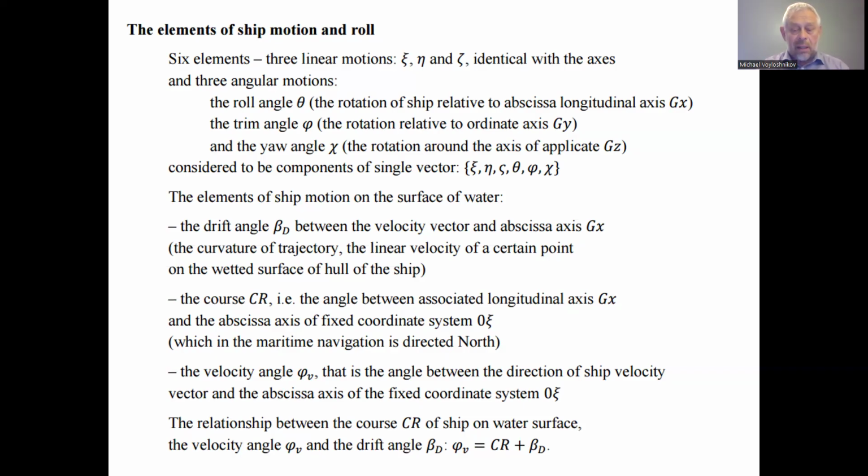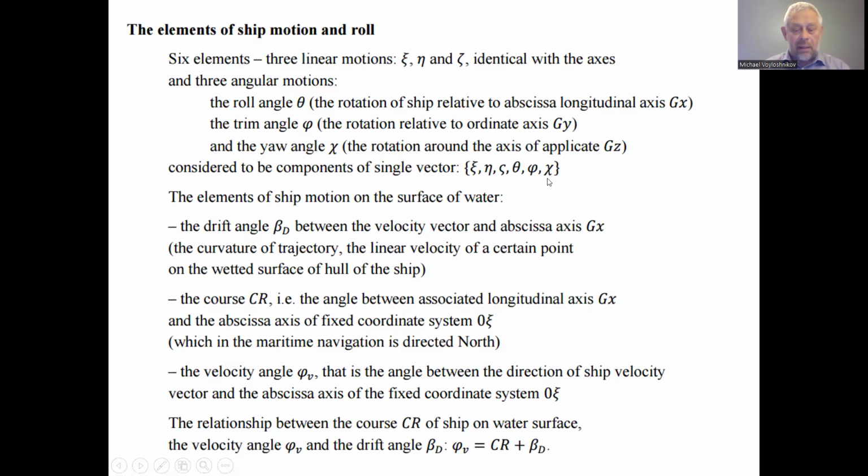So we consider six components in the most general approach to the ship motion in the coordinate system: the three translational motions, xi, eta, zeta, and three angular motions, heel theta, trimming phi,